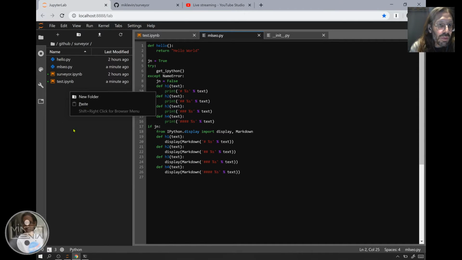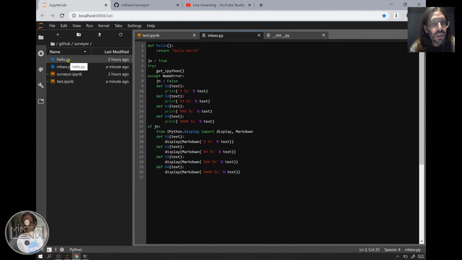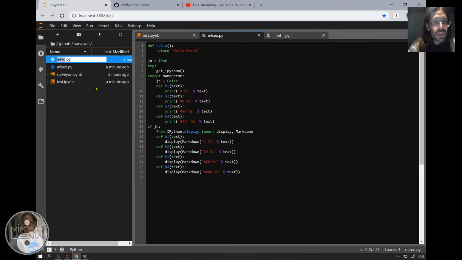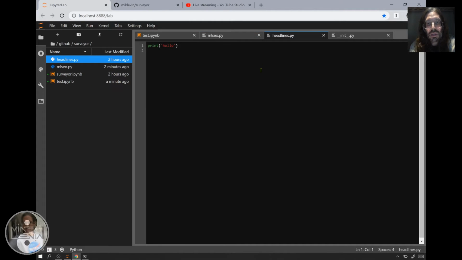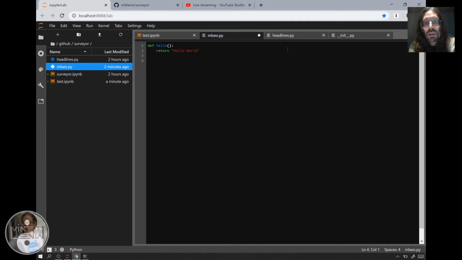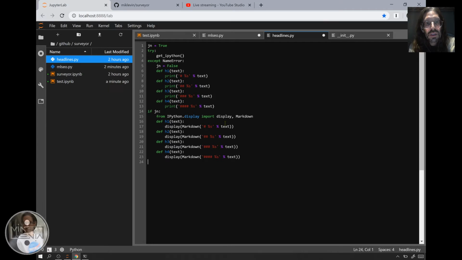New folder, paste, hello. Yeah, at least you can duplicate files. I'll do a few things here because I'm not using that hello. I'm going to rename that to headlines. I'll double click it. And then I'll take the headlines portion here, put that under headlines, save it,